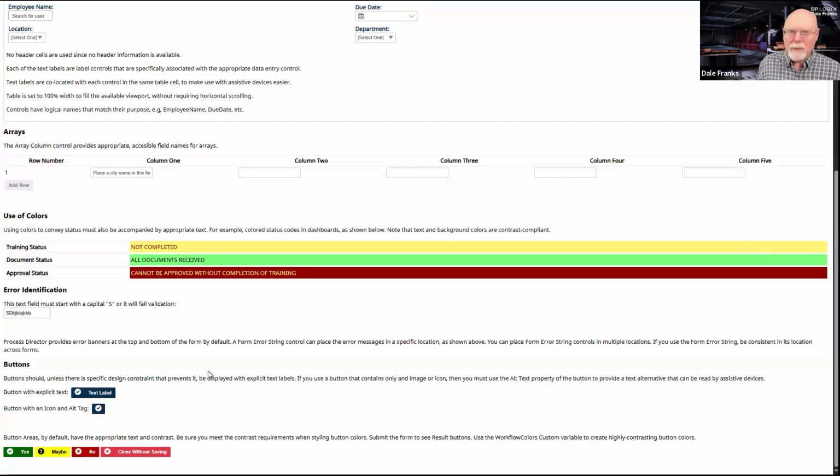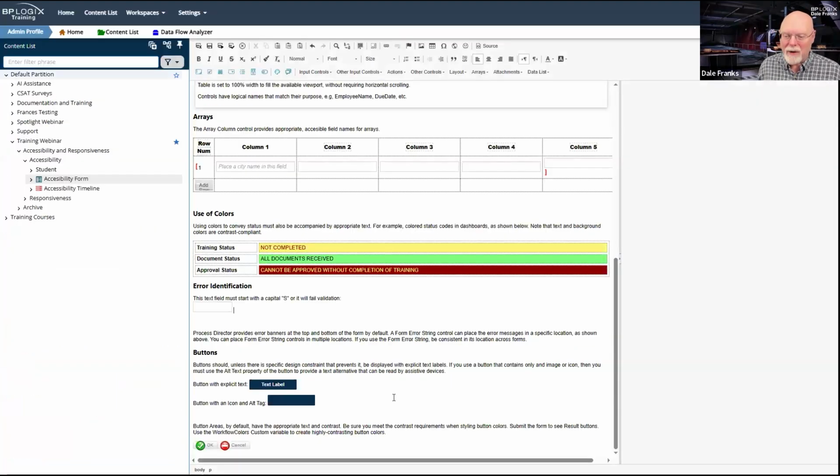If you are going to use an image or icon, as we talked about earlier, please use the alt text so that an assistive device knows what that is. So all of these buttons that you can see here have explicit text. Now, my icon only button is fine. You can use it. We're pretending that I don't have a lot of space there. But again, I have my button with explicit text label popping up, and I've got my icon only button that's appearing.